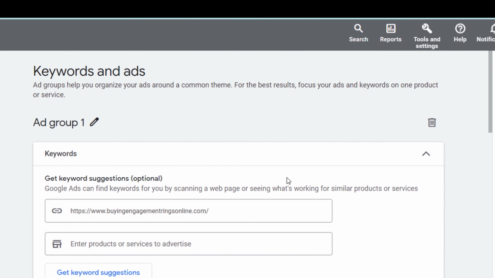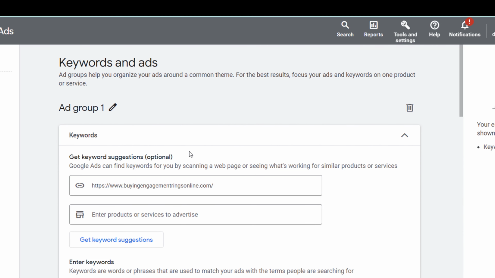Okay, next we want to make sure that our ad groups are organized and focused on specific themes. This will help us to keep our keywords and ads tight and relevant to each other. Our goal is to have a high quality score, as this will result in a high click-through rate and lower cost per click. To achieve this, we will start by naming our ad group in a clear and concise manner.